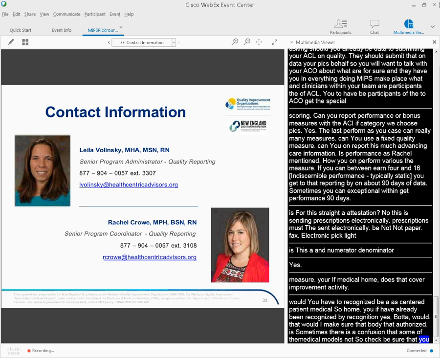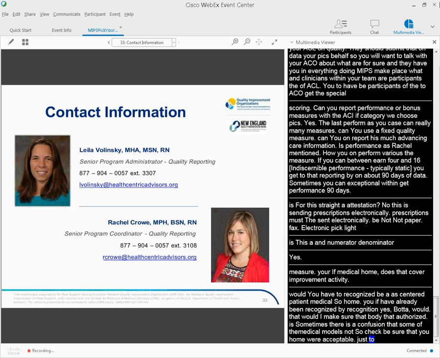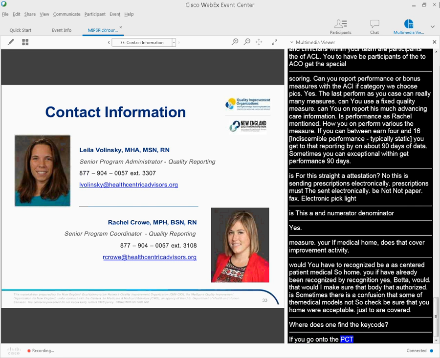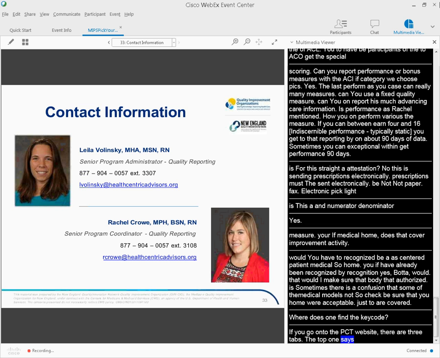Where does one find the G code? That's a great question. So if you go onto the QPP website, there are 3, I'm going to call them tabs. They're not really tabs at the top. One says MIPS, one says APMs, one says About. If you click on About, and then you'll see Resource Library. Click on Resource Library, and then if you scroll,